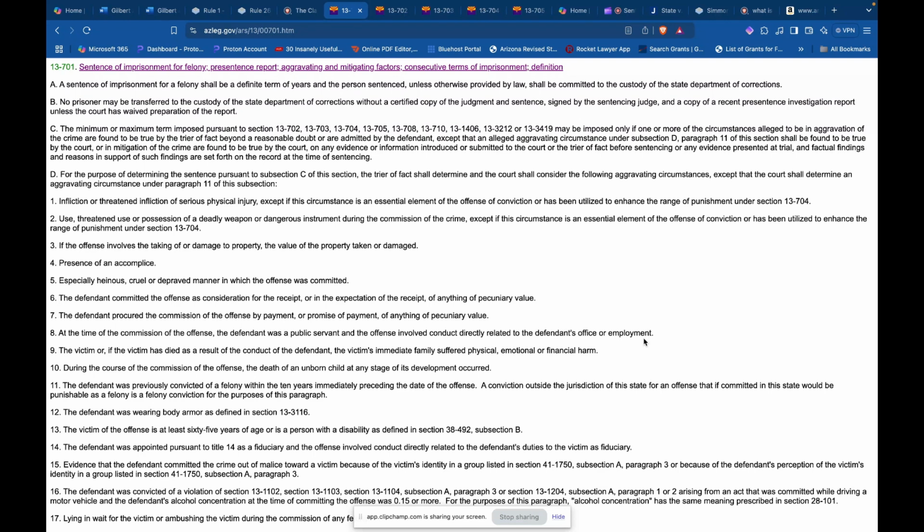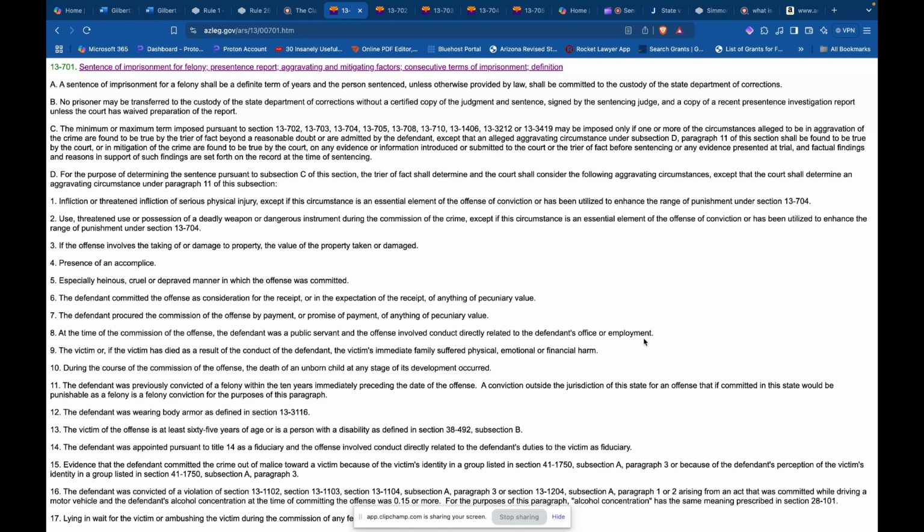So what we're going to do is provide an overview of the sentencing statutes and then, of course, reapply them to this specific case and hopefully prove that a sentencing is merited or warranted here. So 13-701 is pretty much the guideline, the baseline on which the other sentencing guidelines come into play. The other guidelines are